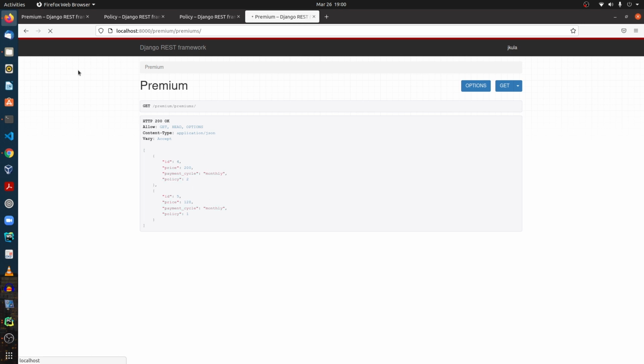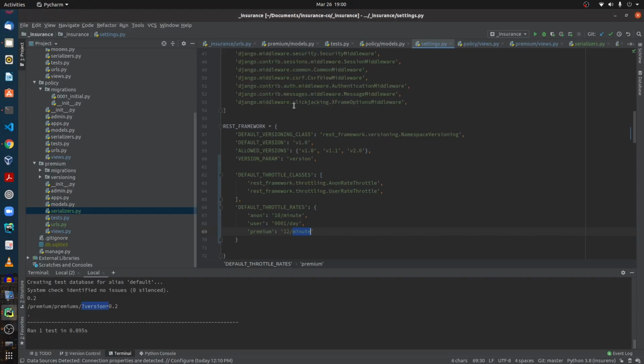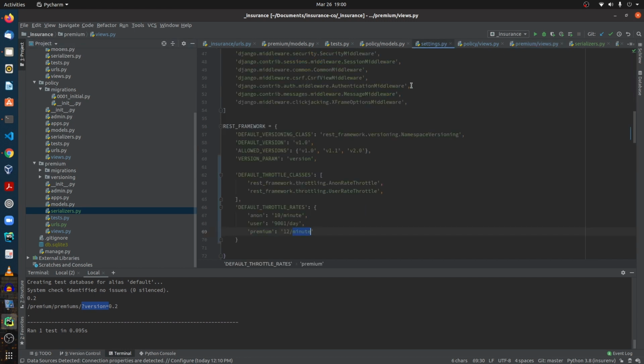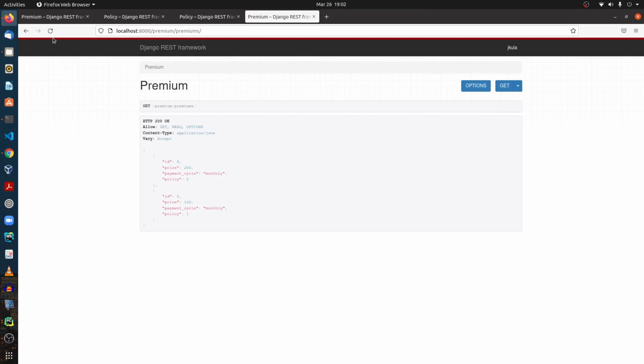So if we refresh 1, 2, okay, attention, we are logged in. If we are logged in, and we're still using the premium, which is a scope rate throttle, Django will consider the premium rate throttle over the global user. So, okay, 1, 2, 3,